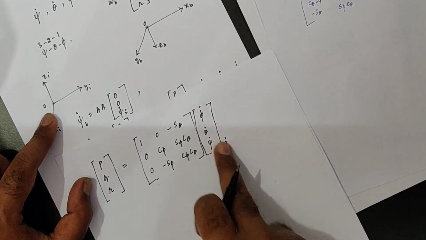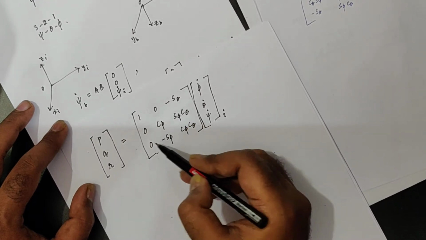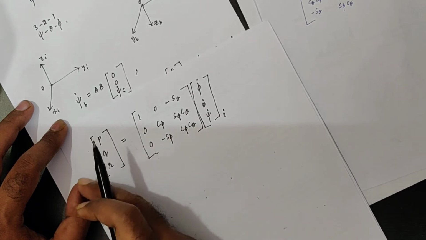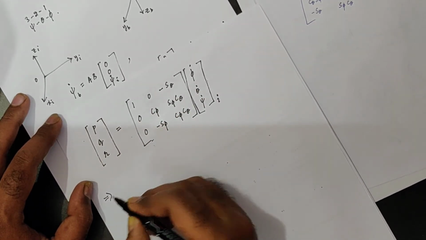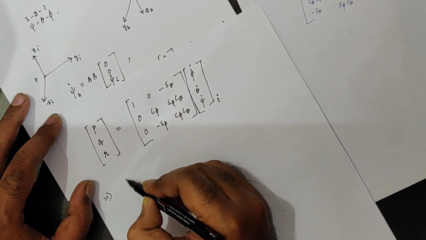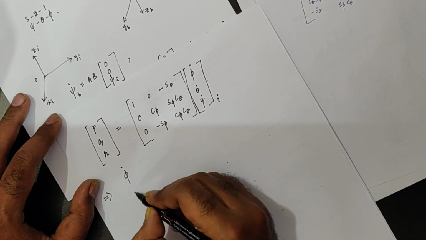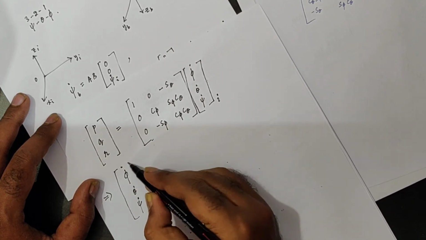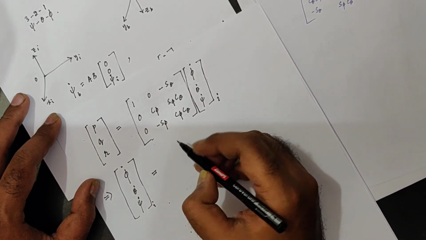This equation shows the other way around. So we need to take this matrix inverse and multiply on both sides. That can be done in this equation: phi dot, theta dot and psi dot in the inertial frame will give us